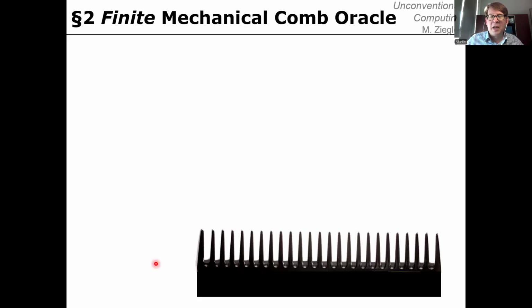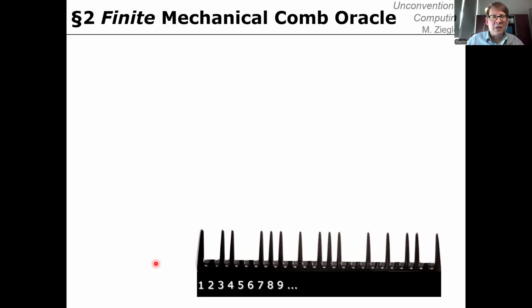Let's enumerate the pins of that comb, 1, 2, 3, and so on. And let's break off some of these pins, shall we? So here, some pins have been removed, and that is to indicate a subset or a decision problem for the natural numbers. Namely, 1 is an element of this comb,